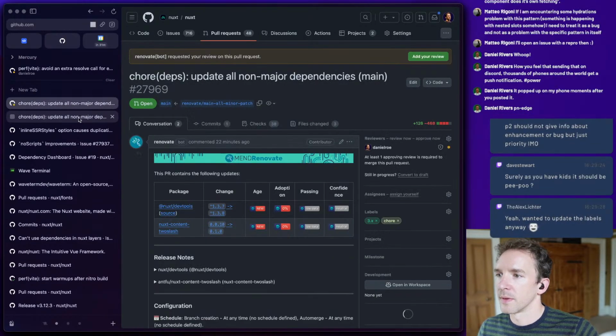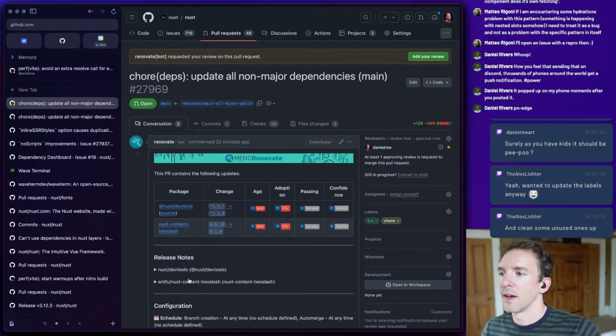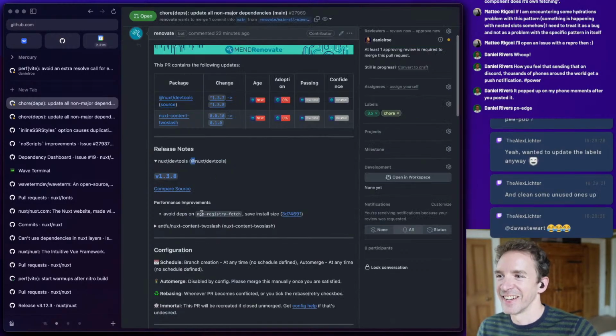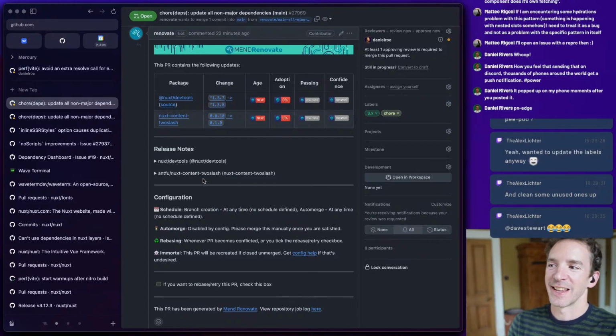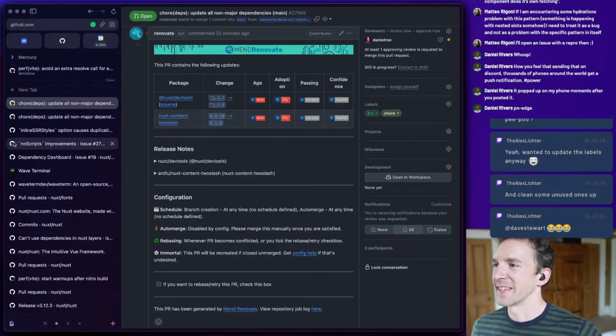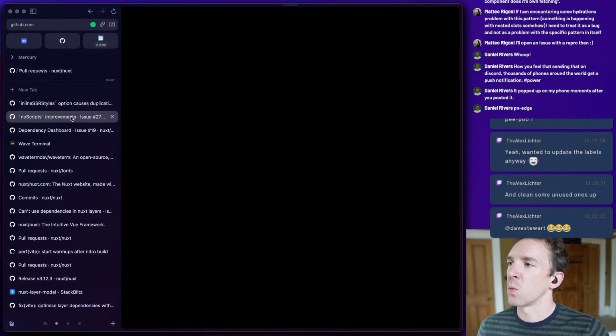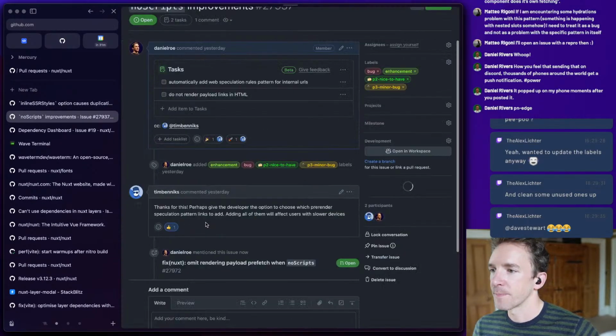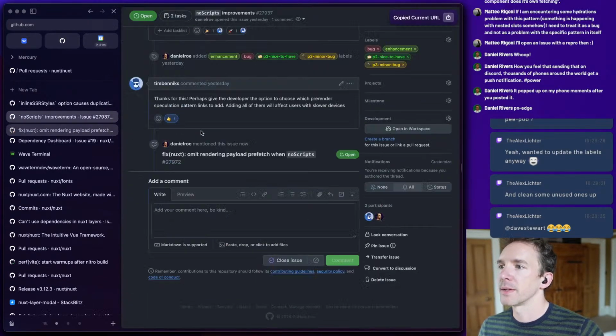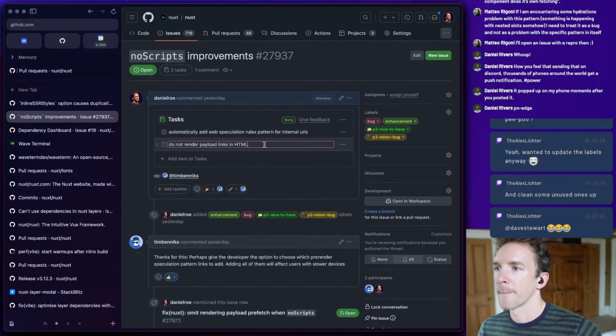We have some dependency updates. I see Anthony is at work. This is definitely Anthony doing things, DevTools and 2slash at the same time. That's always nice to see. Okay, so that is one thing. And I'll just pop this in here.